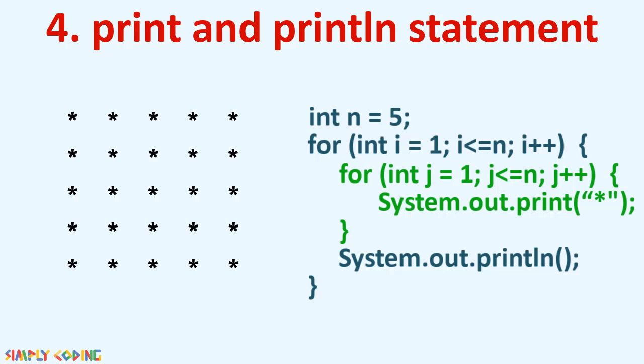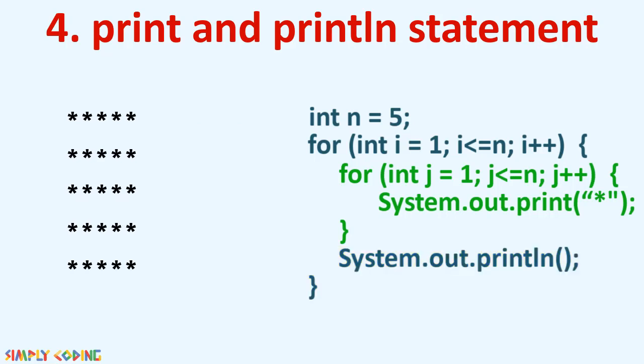The key points which you need to remember from this program is, do not forget to put println statement and it should be the last statement of the outer loop. This is a very important point, and if you miss writing println statement before the closing bracket, your whole pattern can go for a toss. Now if I just run this code, you will see your output has stars too close